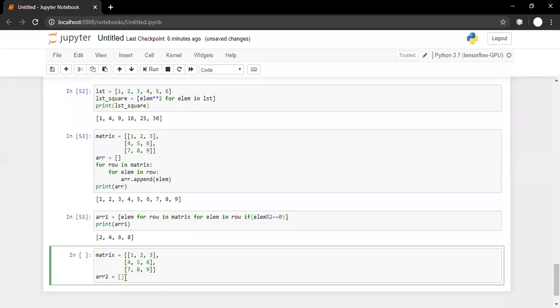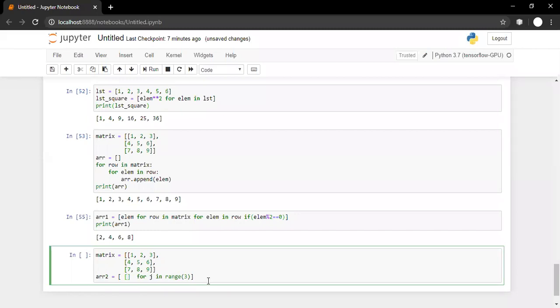Every column should be converted into a row, and a row is represented using a list. So I'm going for a loop, for j in range 3. Here I'm going for range 3 because there are 3 columns, and here I'm going for a list. Means what?